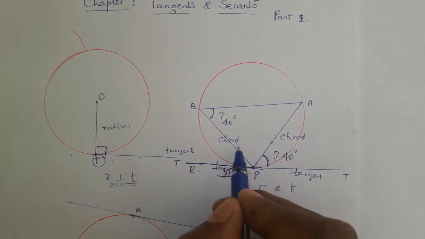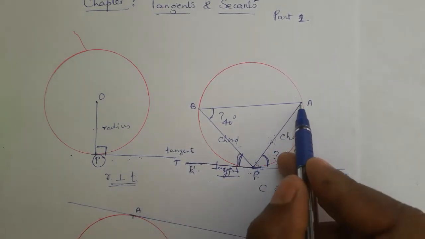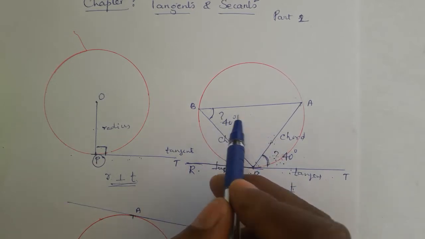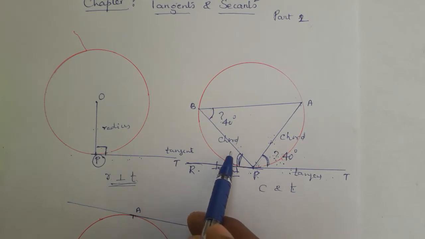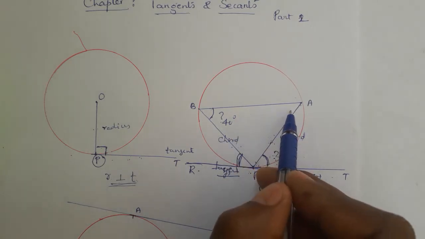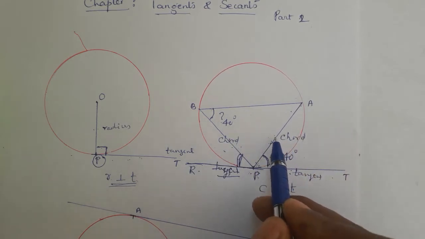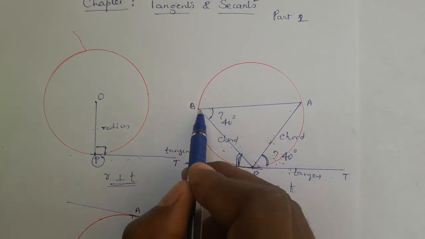This angle, between the chord and the tangent, I mark by a double arc. Before, the AP chord makes 40 degrees, and that same AP chord makes 40 degrees here also. Now the chord is BP. The BP chord forms the same angle here. Remember, this is called the angle in the alternate segment. AP chord with the tangent is 40 degrees, the same AP chord at the circumference is 40 degrees.